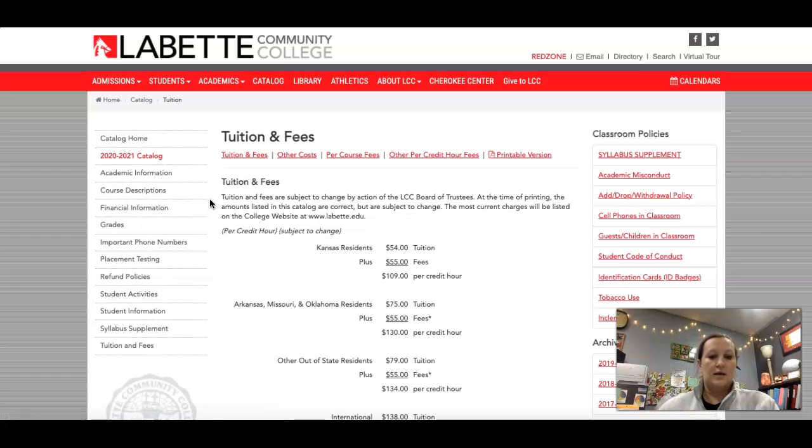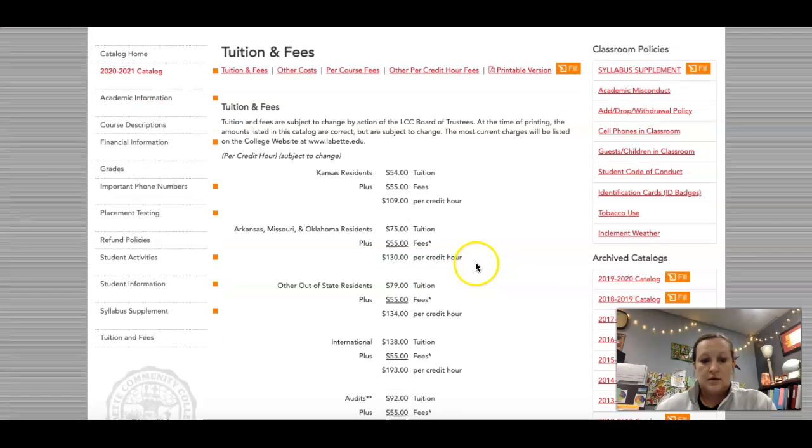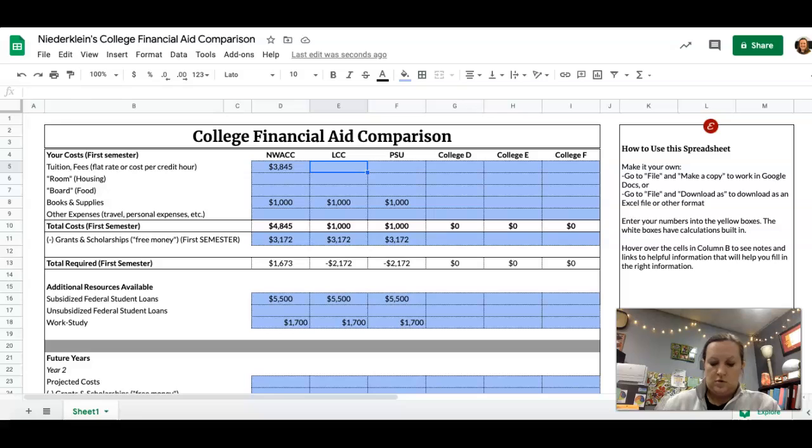So Labette, again, is per credit hour. And then you have their tuition plus their fees. So all of that is included. And for a Kansas resident it is $109 per credit hour. Okay. So I'm going to go back to here. 109 times 18 is